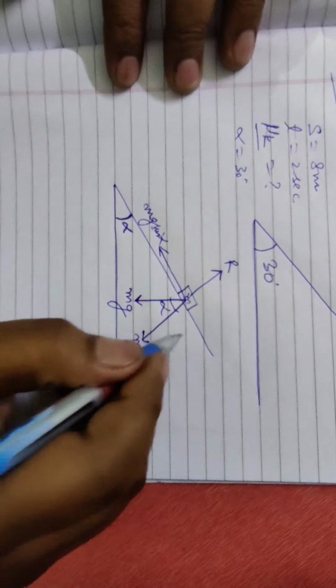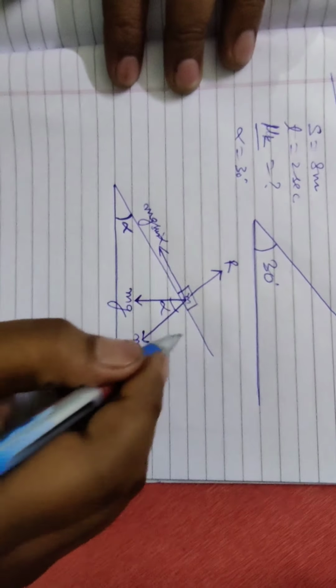First of all, we will find the acceleration of the block by using the third equation of motion. The third equation is s is equal to ut plus half at square. Now here u is 0 and s is given, it is 8, so 8 equals half a times time 2 square. So after calculation we get, this cancels out, so it is 2a. Therefore a is 4 meter per second square.